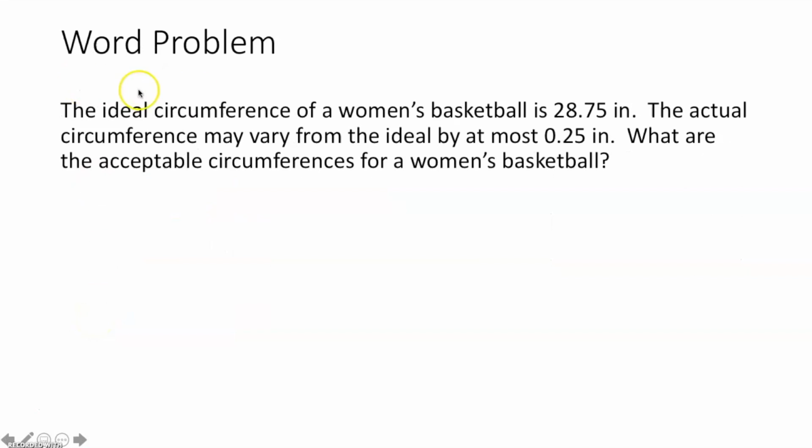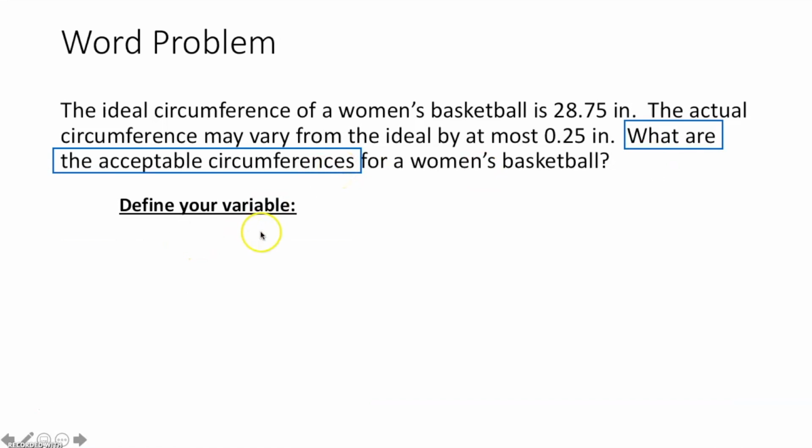Now for our word problem, that says the ideal circumference of a women's basketball is 28.75 inches. The actual circumference may vary from the ideal by at most 1/4 of an inch. What are the acceptable circumferences for a women's basketball? So first, step 1 in a word problem, we're not scared. Because of that, I can move to step 2, which is what is the problem asking? It's asking what are the acceptable circumferences. Therefore, in step 3, when I define my variable, I'm looking for the acceptable circumferences, so C is the circumference